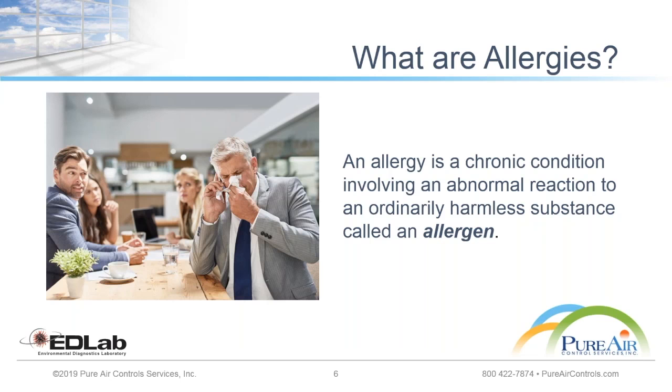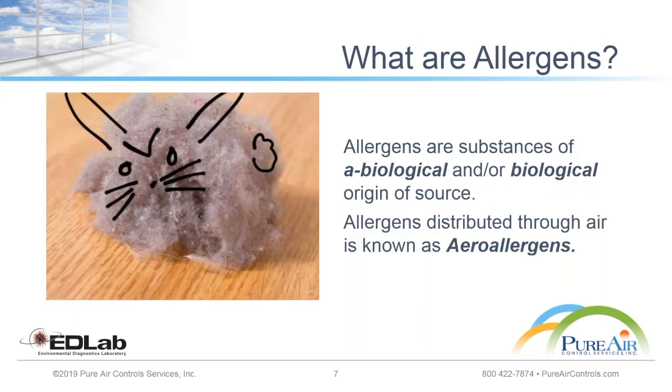But let me give you in my next slide the definition of allergen. Allergens are the substances upon which someone who is especially susceptible is going to react. These substances can be biological in nature or in origin. Especially when these substances start distributing through the air, they are called aeroallergens. Isn't that make sense? Because aero means something related to the air, and allergen is obviously an allergy-causing substance. So if some allergy-causing substance is distributed through the air, that becomes simply the aeroallergens.